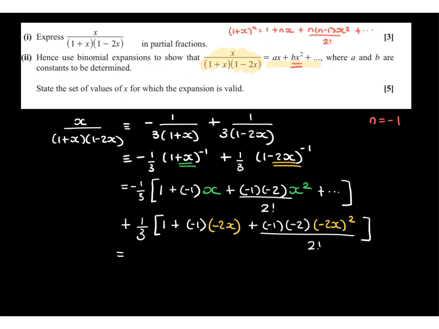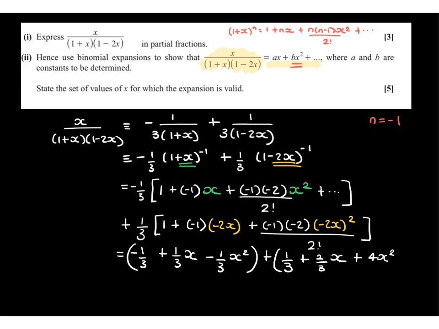Now let's expand and simplify. So we're going to get -1/3 plus 1/3 x minus 1/3 x squared from the first part here. And then we're going to get from the second part a third plus 2/3 x plus 4x squared over 3. Remember, we're only going up to the term in x squared, so in theory we probably should put an approximately